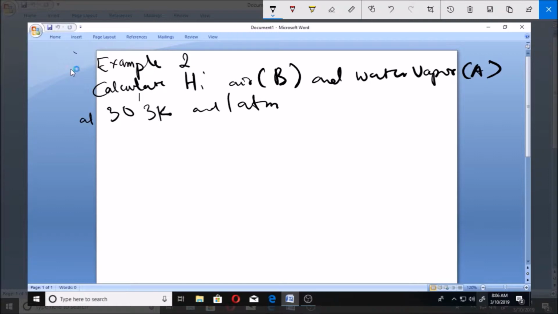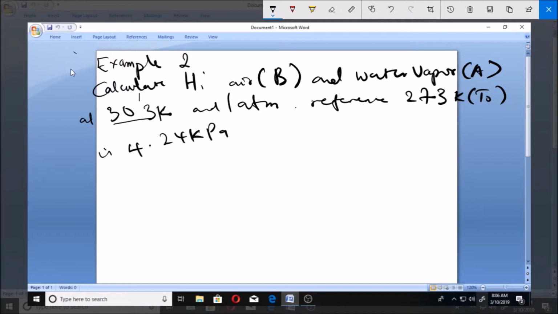The reference state is air and liquid water at the temperature of 273 Kelvin. That is our T0. The vapor pressure of water at this 303 is 4.24 kilopascal. The latent heat of vaporization at 273 Kelvin is 2502.3 kilojoule per kilogram. The average heat capacities between 273 and 303 are